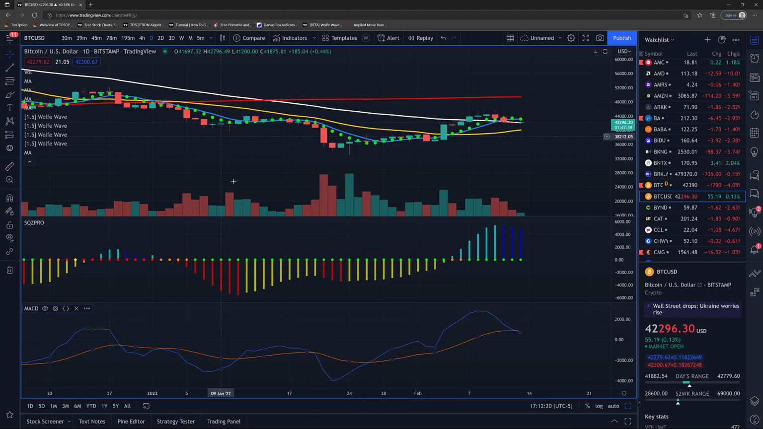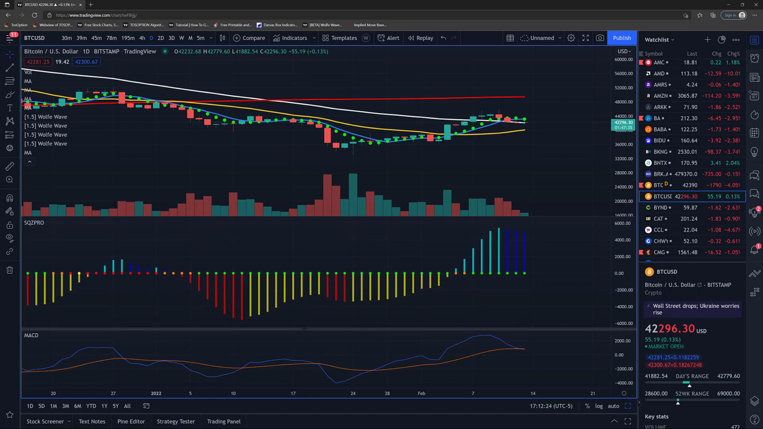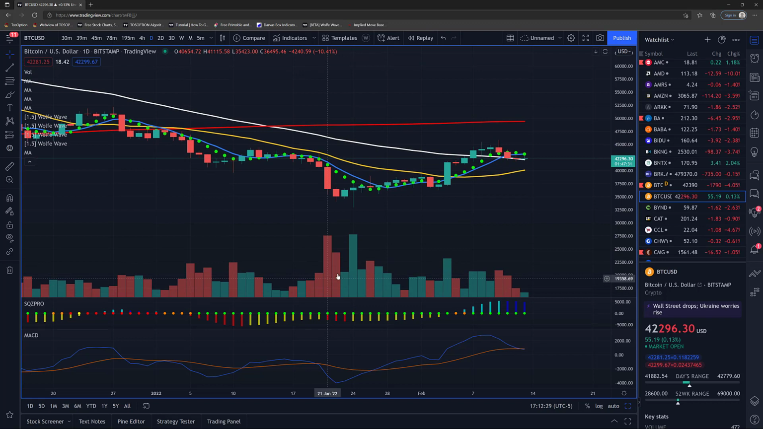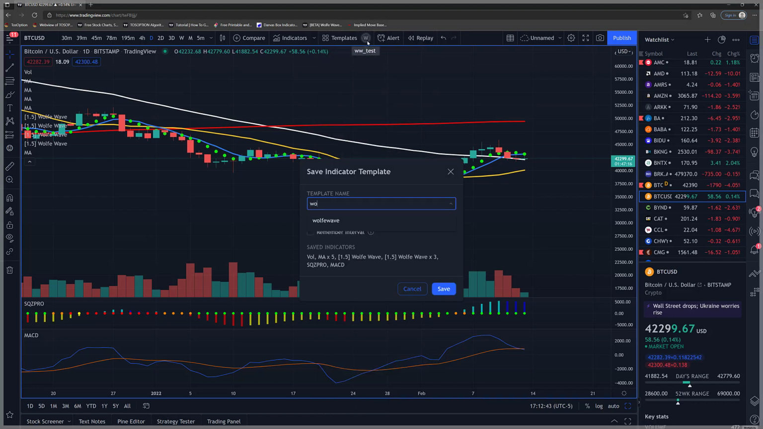Okay. All right, so that's basically all you really need for all the indicators in TradingView. So you got volume, you got TTM squeeze, and you got a MACD. All right, so what's next? You got to save this. So save your template. Here we go. Save the template for Wolfe wave specific or something, right? Wolfe wave example,